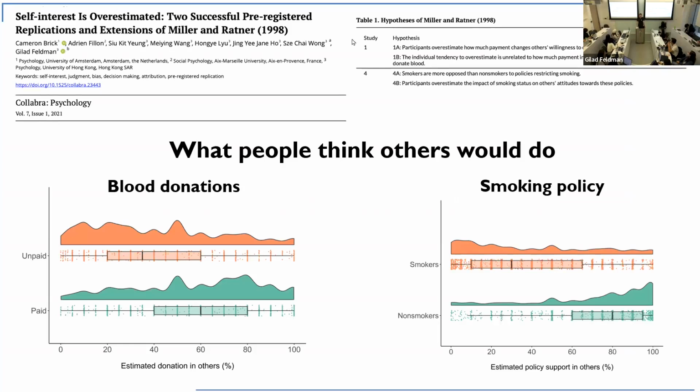So a bunch of HKU students did this, and some of them have already proceeded. I think at least 3 of them are already PhD students. So it's nice that they stayed in academia. And what we did here is that we just followed the original demonstration that did this with blood donations and with smoking policy. So basically, we asked people whether they think, there's two populations, smokers and non-smokers,